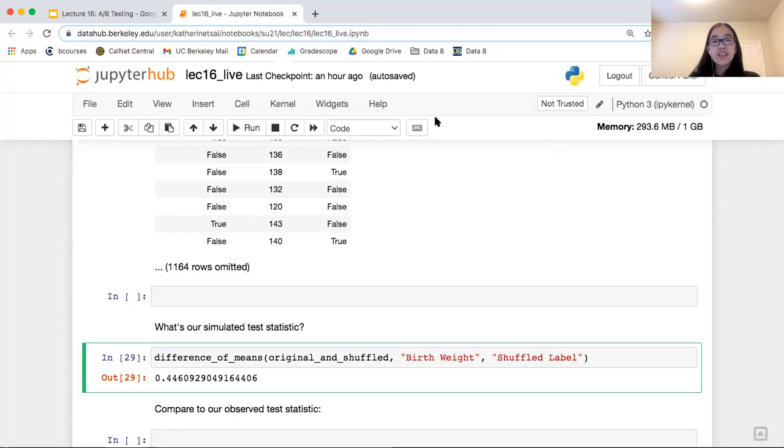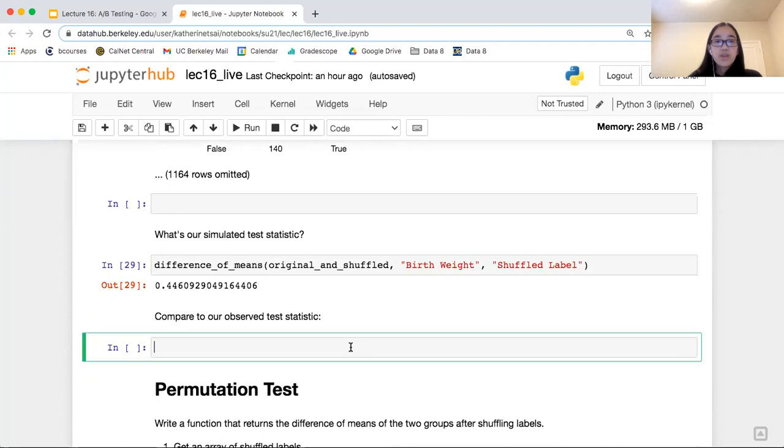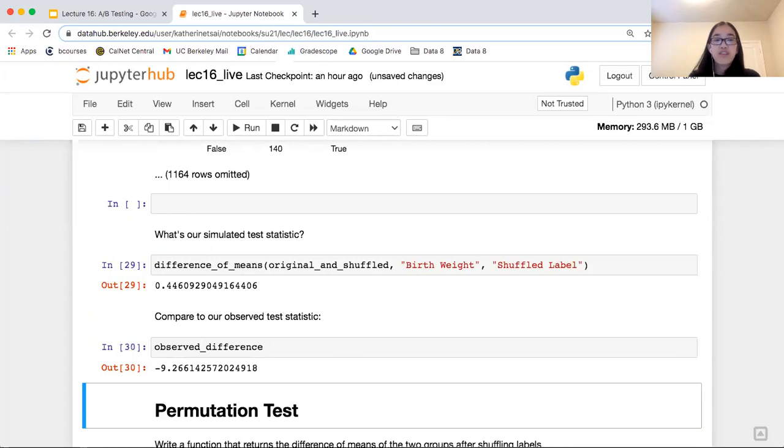So you'd expect that difference of means to be 0, because there's no actual difference between false and true. You'd expect it to be really close to 0, but maybe have some variation just due to chance. So let's compare that to our observed difference. Our observed difference was -9.